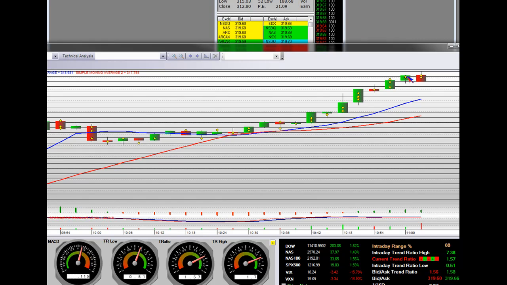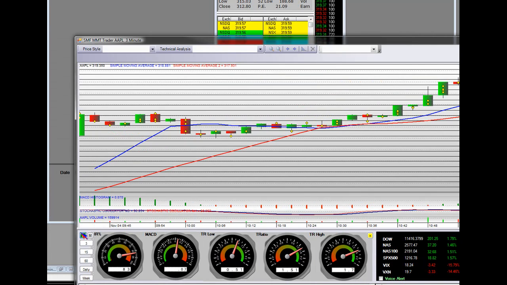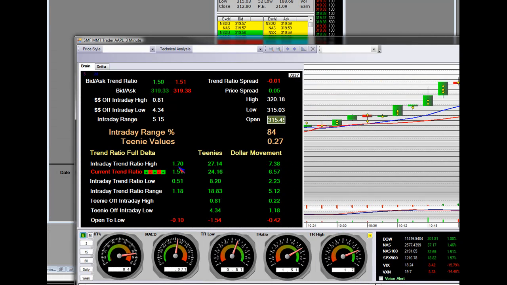distribute, because see, I broke half bar, so now the move is over for right now. It can still break higher, but right now this last leg there has been jeopardized by breaking below half the bar. So when you were going up in the breakout, MMTs, in your platform, let's take a look at your brain. You'll see what I'm talking about. You can see where we put in the high. It's right here, 1.7, but look at where we're at.